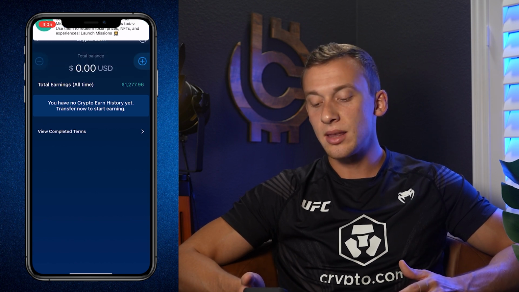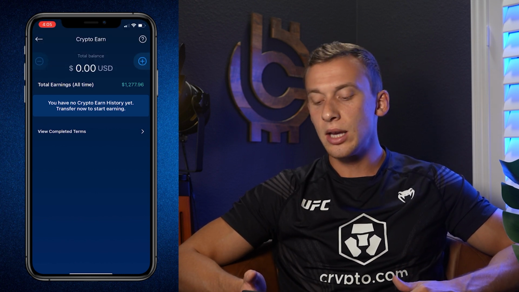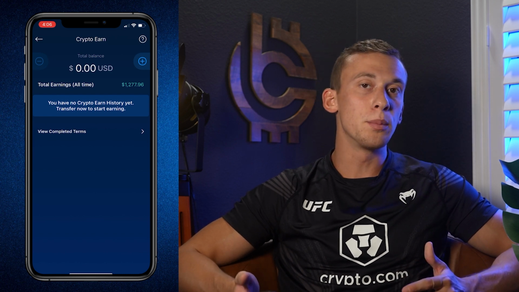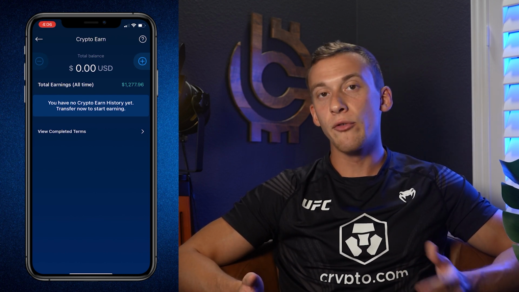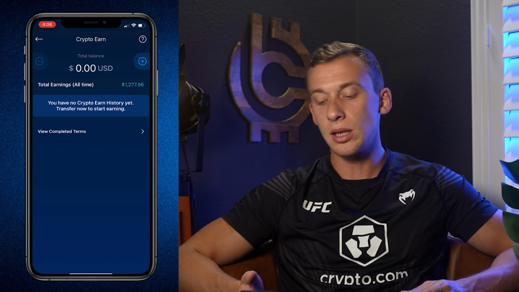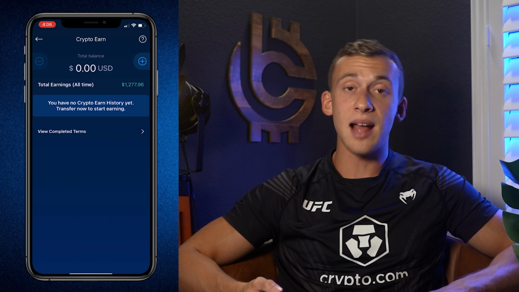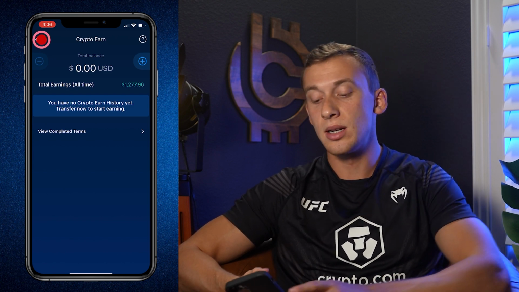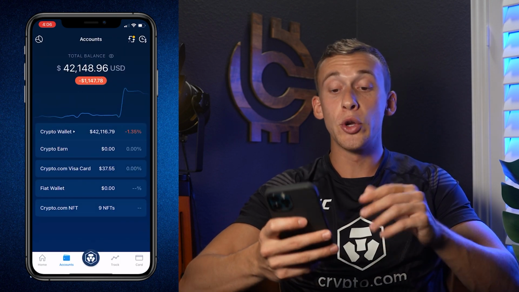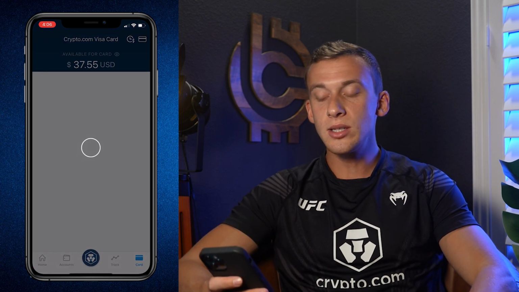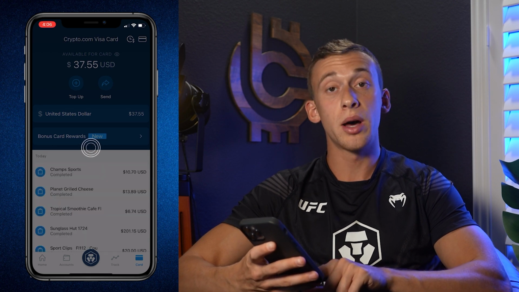It doesn't cost anything. You don't get charged anything. They pay you for locking up your funds. You get paid out every 7 days to your account instantly, and you get instant access to those funds that are deposited onto your account. So that's crypto earn. Under the crypto.com Visa card, which can also be accessed from the bottom right corner, I'm